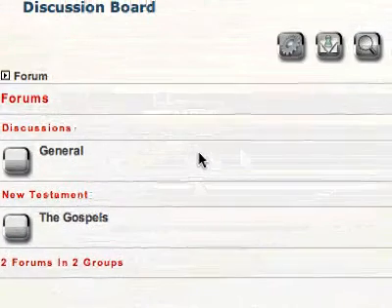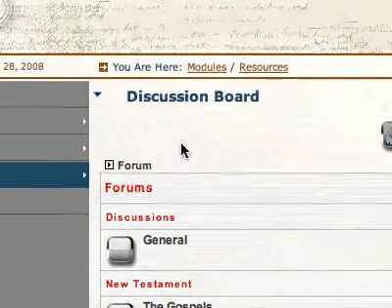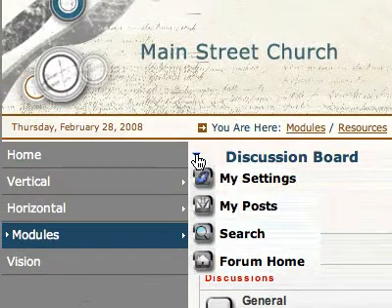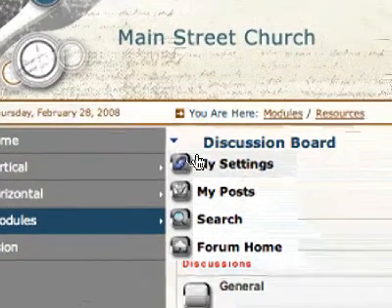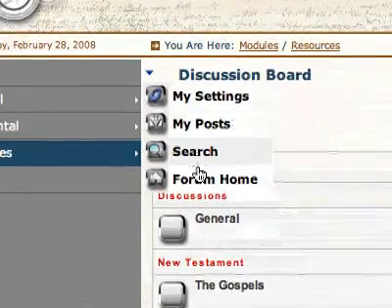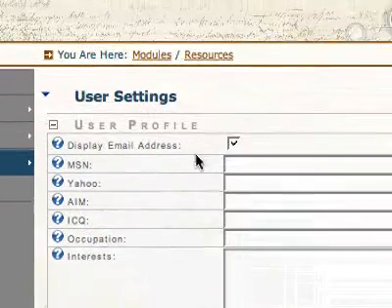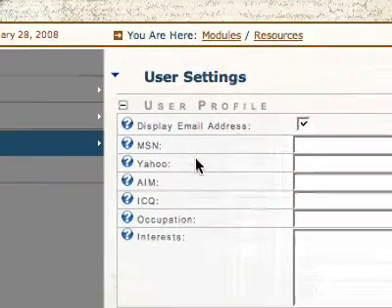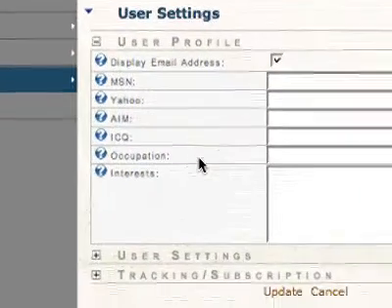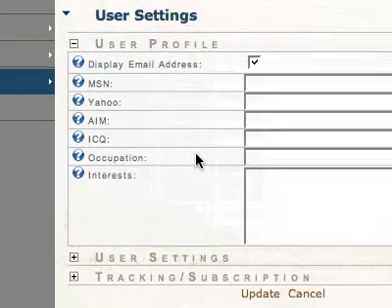So we see here we can participate in the forum, and we have this little blue drop down arrow, and we don't have all the admin options, but we do have My Settings, My Posts, Search, and Forum Home. So first I'll go into My Settings, and you'll see I can update all my info here. If I have MSN, Yahoo, AIM, I can do all of these things here, and people can see a little